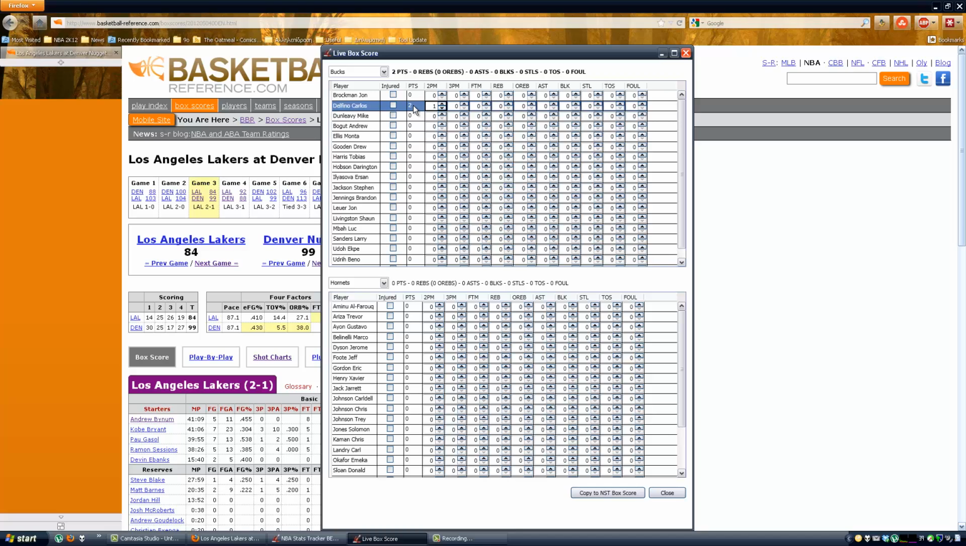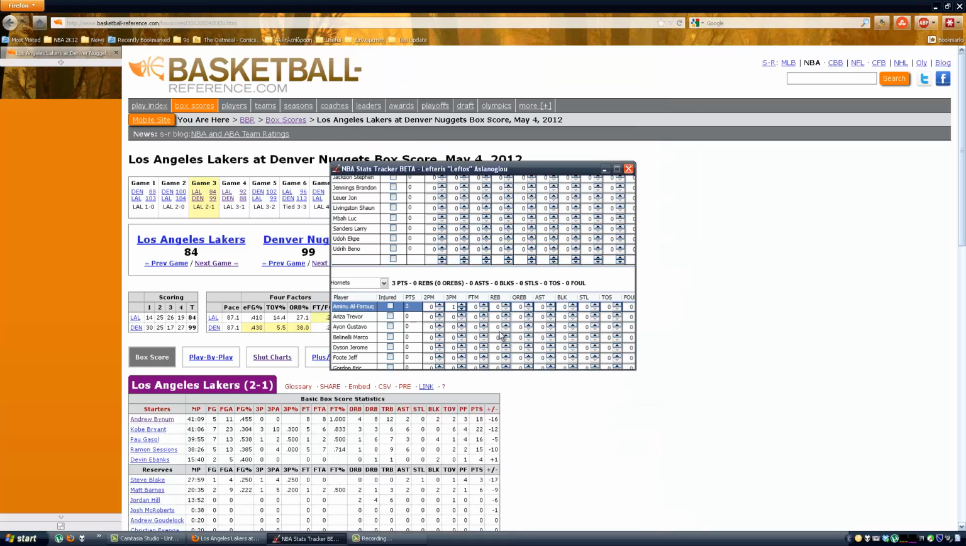You can see that his points were updated, his team points were updated, Bucks are in front, so they're with bold. Let's say Al-Farouq Aminu scored the 3-pointer, and here we go. You can see that his points were updated, his team's points were updated. John Brockman grabbed an offensive rebound, so his rebounds went up as well. Team rebounds and offensive rebounds are up, and when I'm done I can also click on copy to NST box score